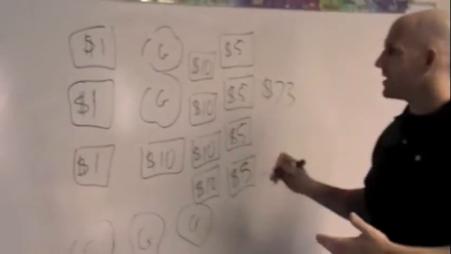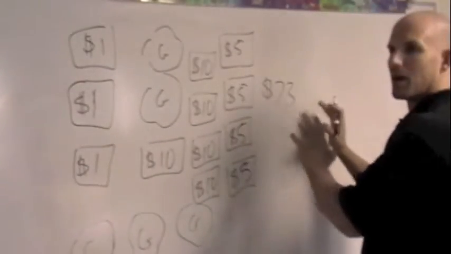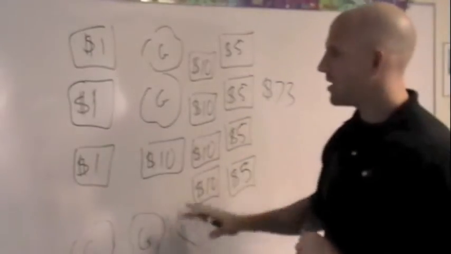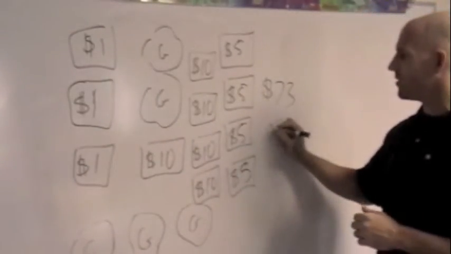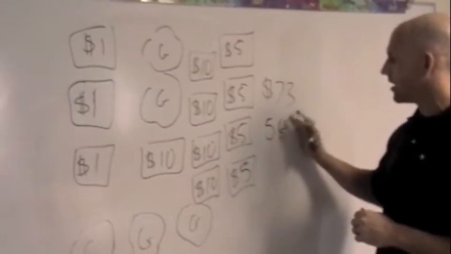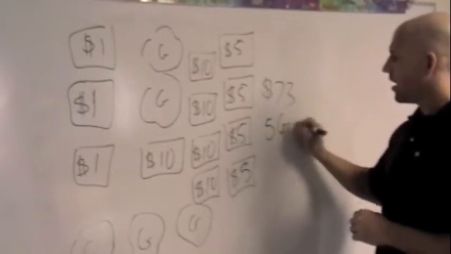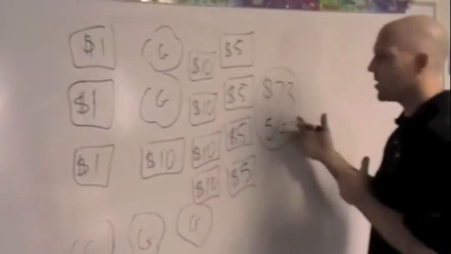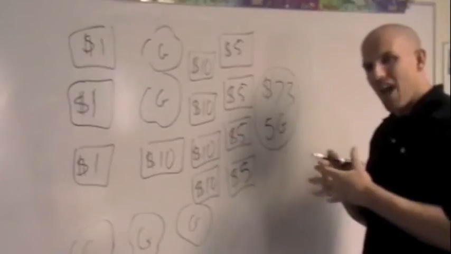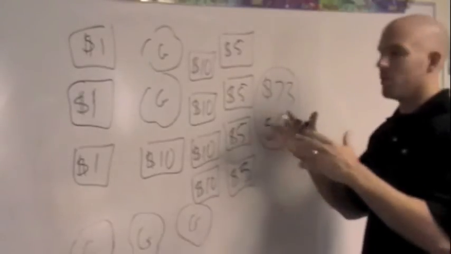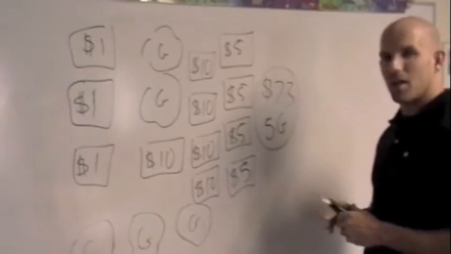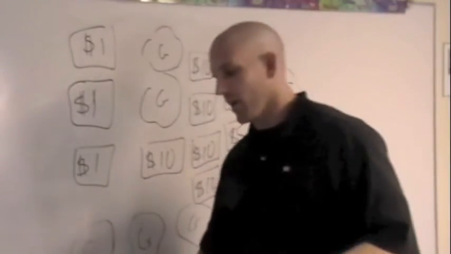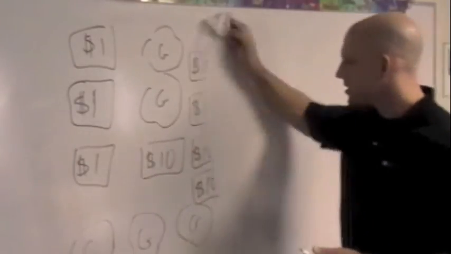But what we can do after taking all this money and putting it into a pile and knowing our value is put the gold together and say, we have these $73 and we also have 5 gold nuggets. And we have just simplified this situation. It would be much better to have this in a stack here than all over the table. We've neatly put it together. We know how much money we have. We counted through with the value of the bills instead of counting them all as equal. And we end up with $73 and 5 gold bars. Well, the same idea is going to happen anytime we encounter a variable in